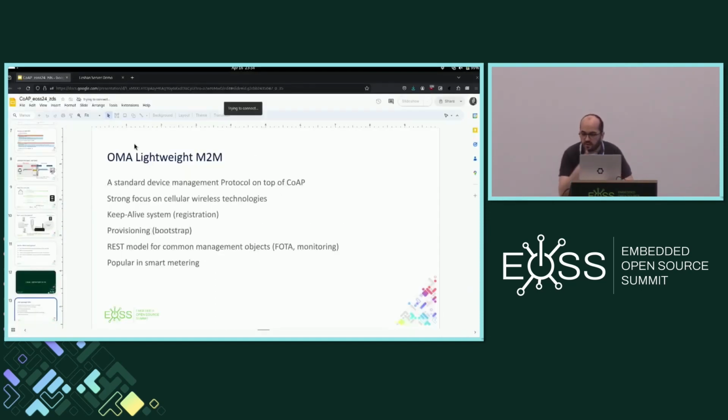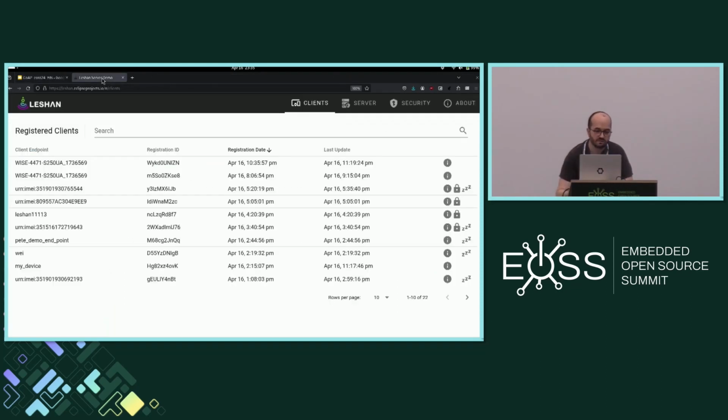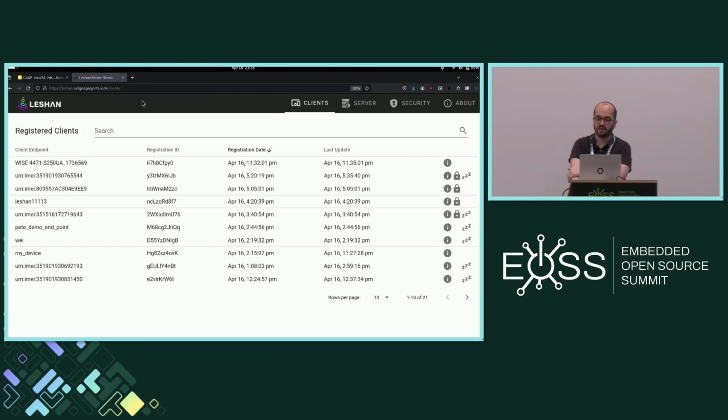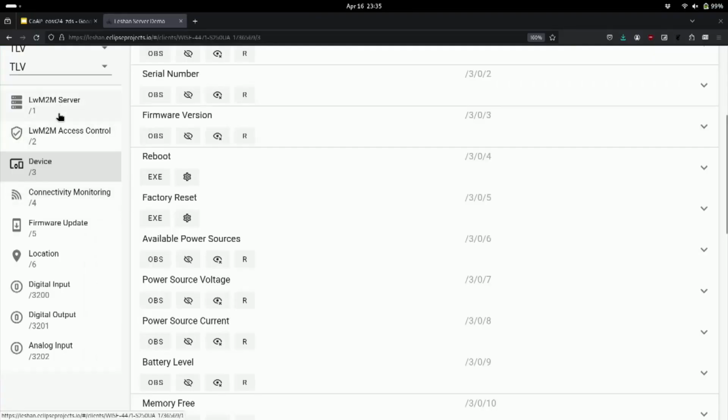I can maybe quickly show you how it's looking in practice. Okay, I'm connected. Wow. Is it working? Okay, so this is an open source lightweight M2M server. So you can see you have devices registering with the server. And then when you look at the device, you have a URL on the device for different objects, and the objects are standardized. For example, the device